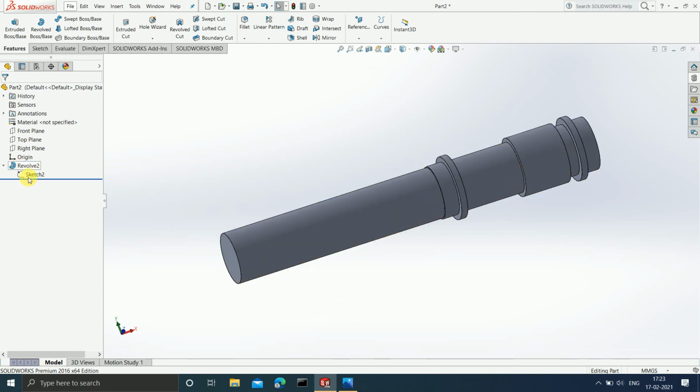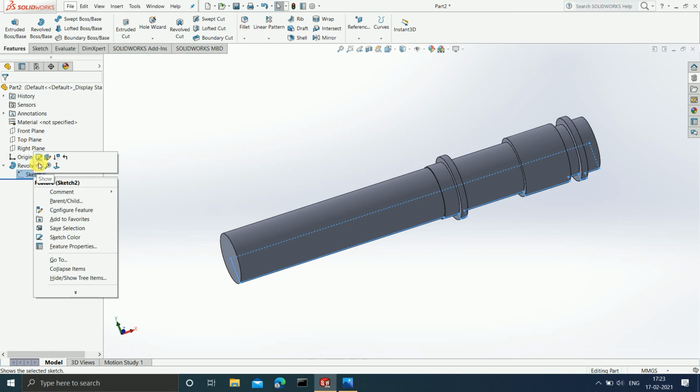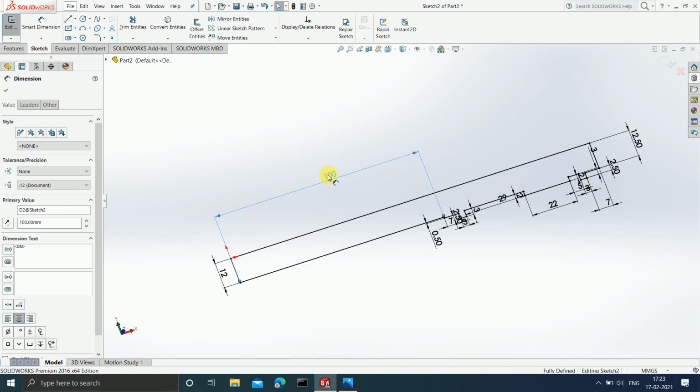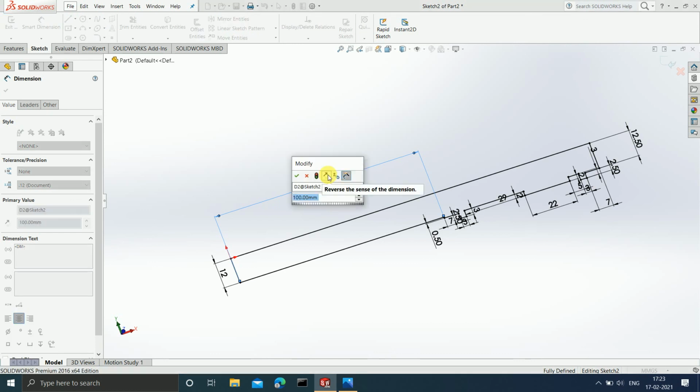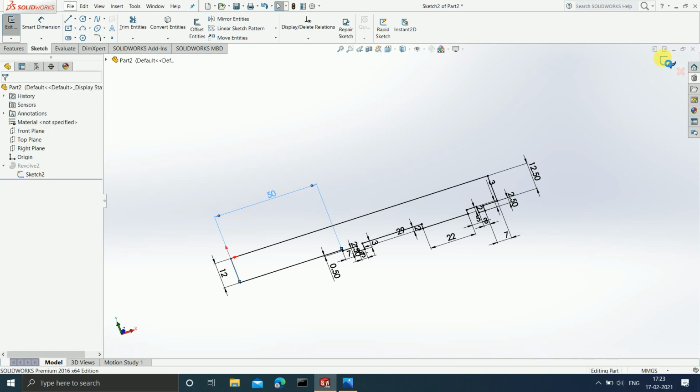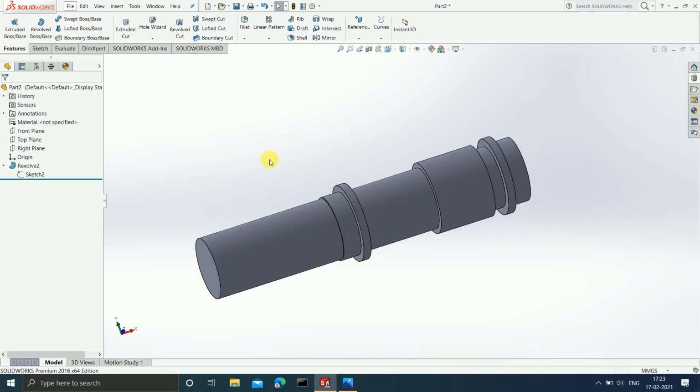I have to go to this sketch, right click and click on edit sketch, and I can just make it 50, and automatically the shaft length will also change. Done. So this is why whenever you want to make changes, you have only one sketch, and by making changes in that one sketch, you can easily make changes in your CAD model.